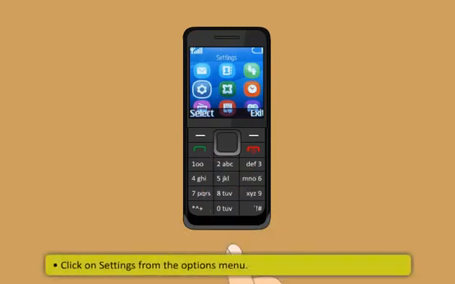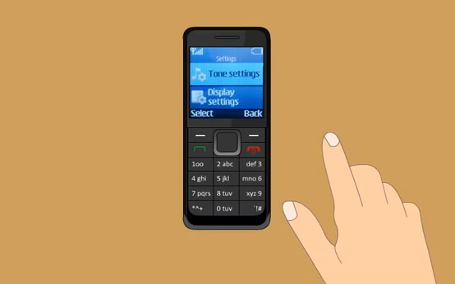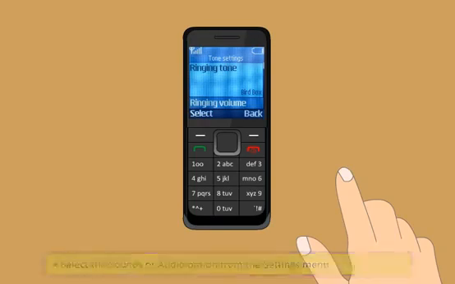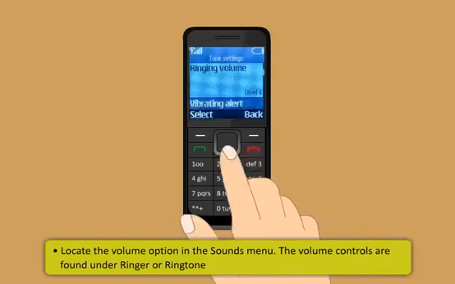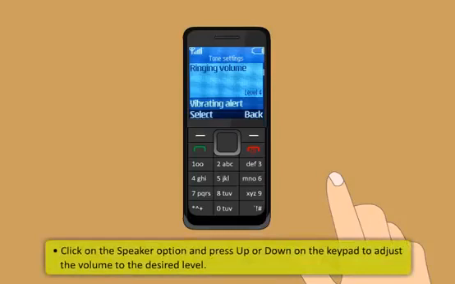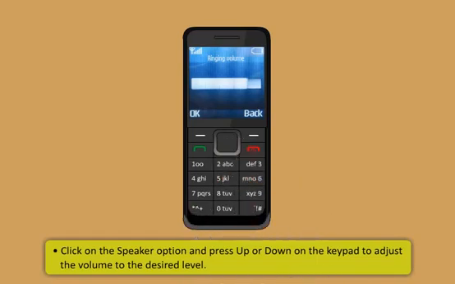Then, click on Settings from the Options menu. After that, select the Sounds or Audio option from the Settings menu. After that, locate the Volume option in the Sounds menu. The volume controls are found under Ringer or Ringtone. At the end, click on the Speaker option and press up or down on the keypad to adjust the volume